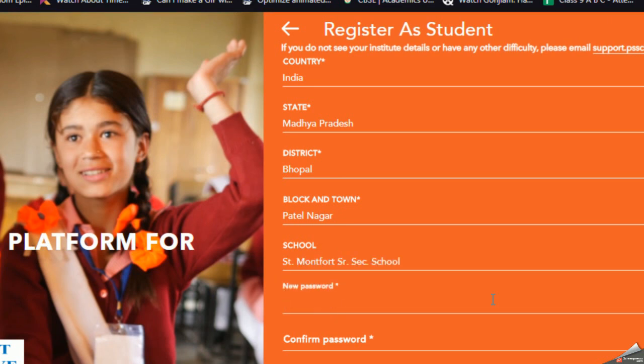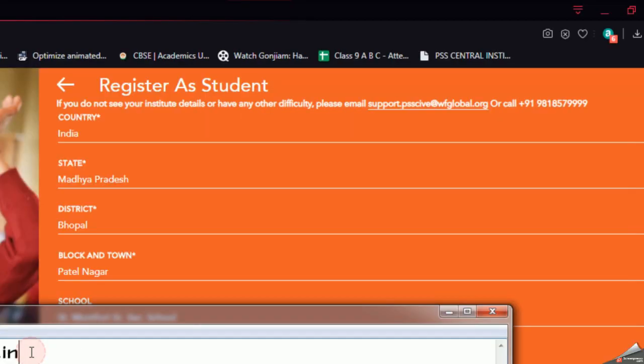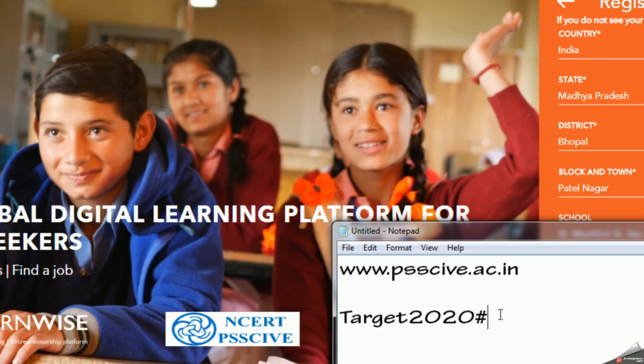Select a password. So for the time being I am setting a sample password, that you all can use in case you are not able to get certain things.